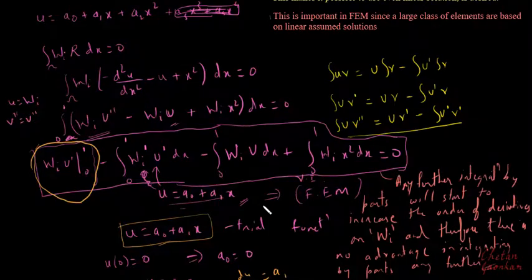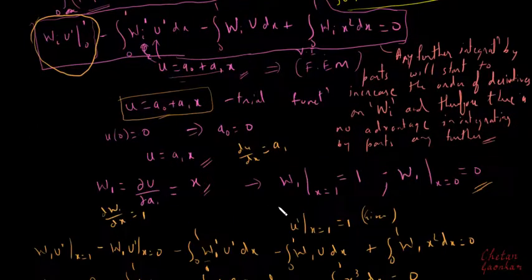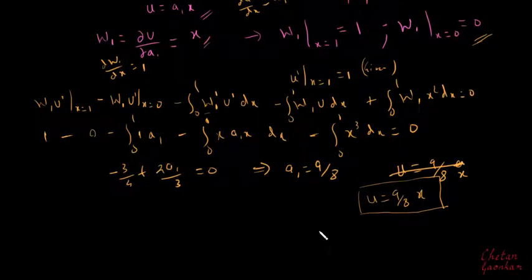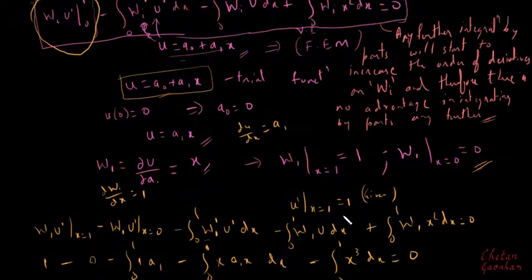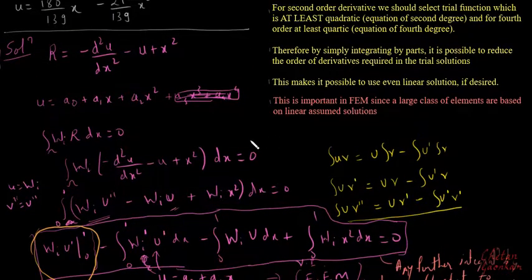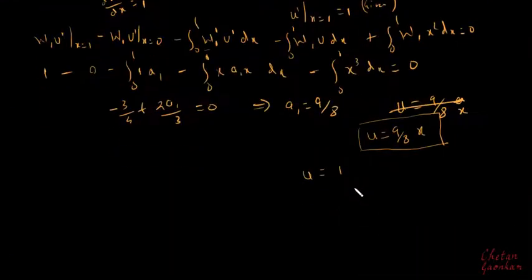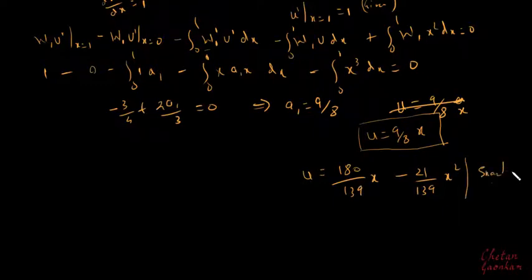We have just managed to solve this by taking the linear trial function, and we have got this as the solution, whereas the exact solution was given as 180 by 139x minus 21 by 139 x square, and this was our exact solution. This exact solution looks to be far away